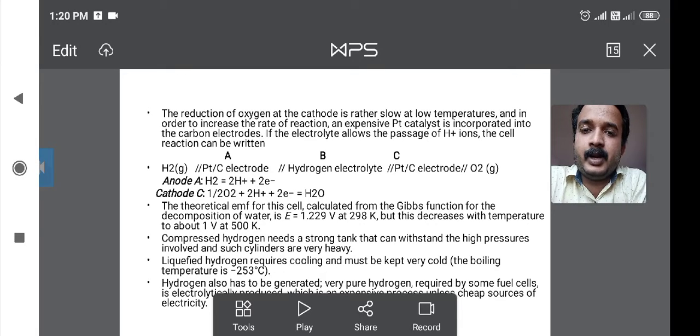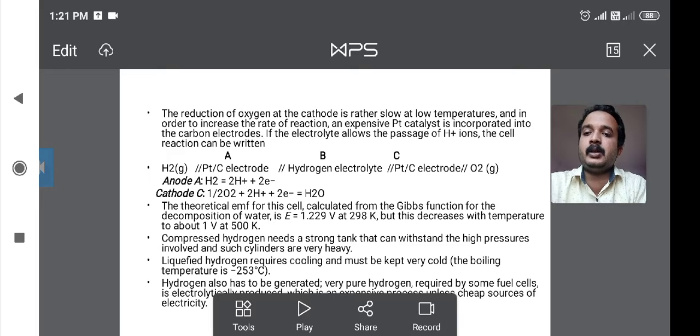Friends, last lecture we discussed fuel cells and the application of the solid electrolyte. In this lecture we discuss the introductory part of the fuel cell. Fuel cells are useful for cars, laptops and mobile phones. Therefore, this fuel cell, like a lithium ion battery, is used in laptops, phones, etc.